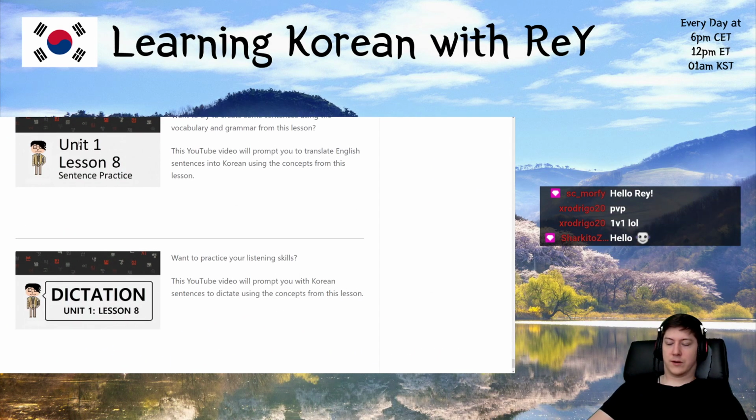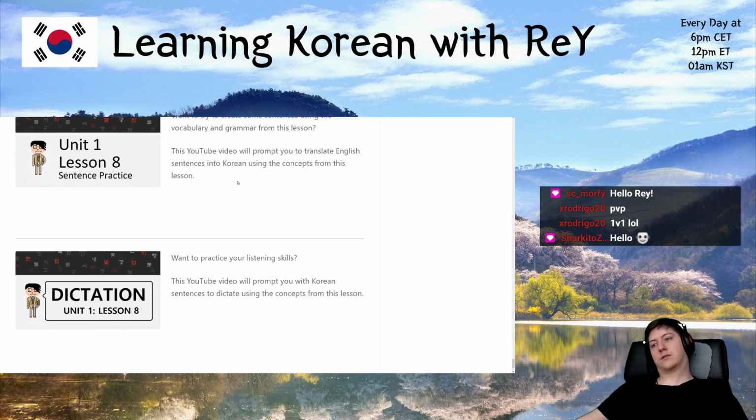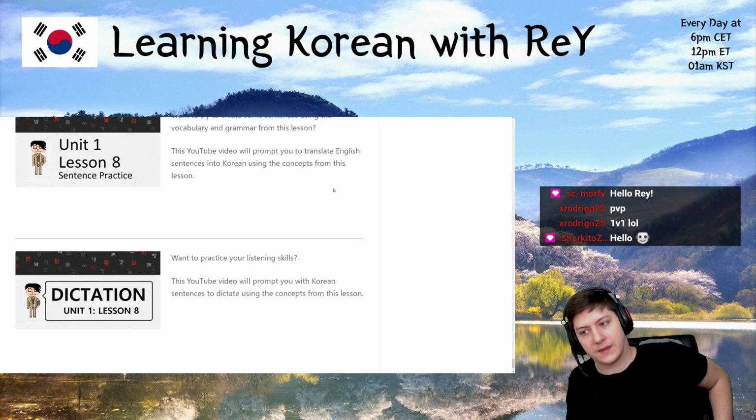With some knowledge about the letters Hangul. Yeah, but that is taught in unit 0 anyways. So if you start with unit 1, lesson 1, you have that knowledge anyways that I had from the other MasterReY course. So yeah, it's pretty much 2 months for unit 1, lesson 1 to 8. Okay, so tomorrow we will probably finish it.